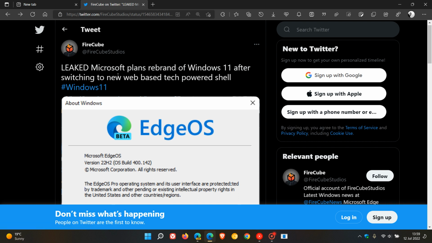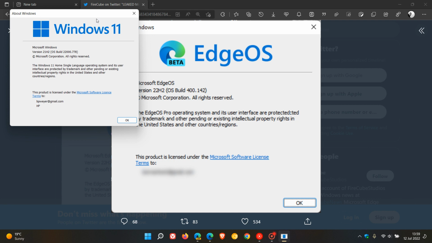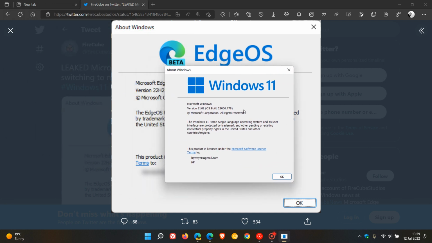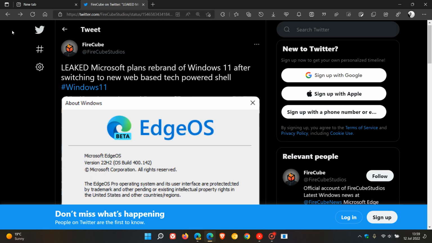He says, leaked Microsoft plans rebrand of Windows 11 after switching to new web-based tech-powered shell. And this is just a rip-off of WinVer, which, as many of you know, in both Windows 10 and 11 is where you can see your version and OS build of your operating system. And he's called it Edge Beta EdgeOS, Microsoft EdgeOS version 22H2, OS build 400.142, and so on. But this is just a quick rip-off that this Twitter user Firecube is making of the Edge browser.